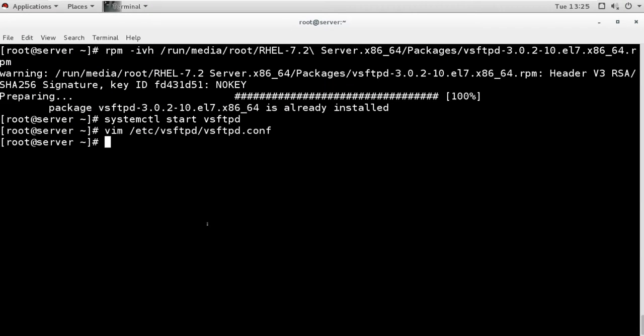Now the requirement for the FTP is finished. What we required for FTP is just to have an FTP server running with anonymous user enabled. Because if users try to get the package from the yum server, they will use the FTP server for downloading the packages, using the anonymous user to access the server.